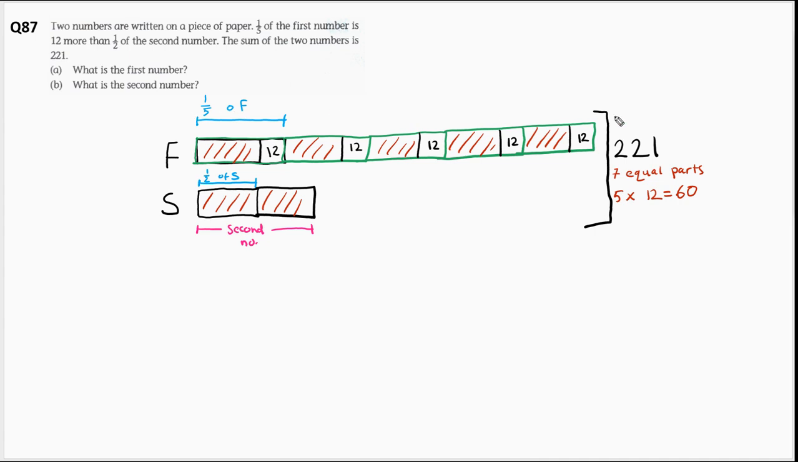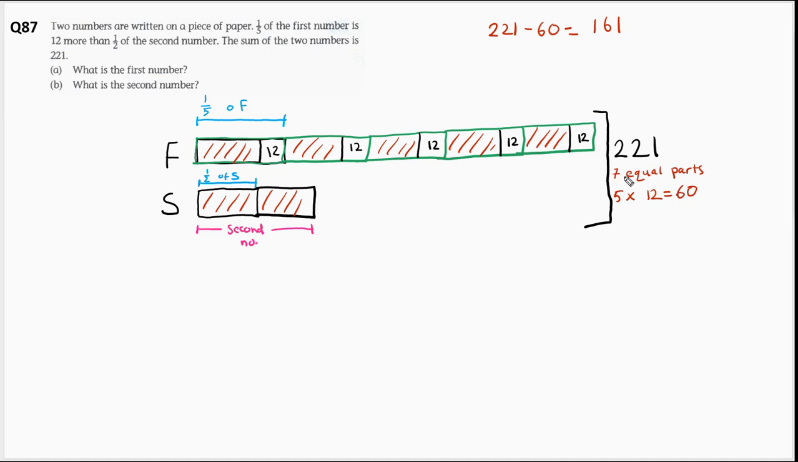And when we've had models like this, remember what we want to do is find out the value of the equal parts by themselves. Because if we can find that out, we can work out the value of each of the parts. So if we take the value of all these 12s away from 221, we're going to be left with the value of the parts. So 221, if we minus 60, which was the 5 times 12, if we take 60 from 221, we are going to be left with